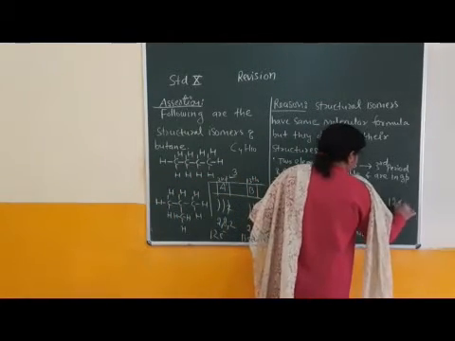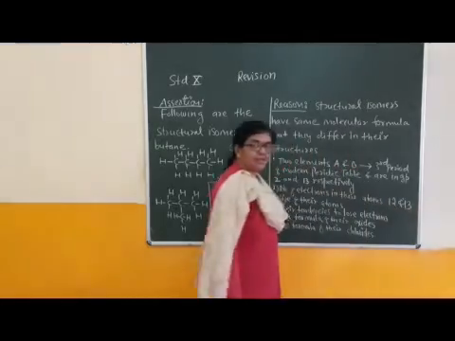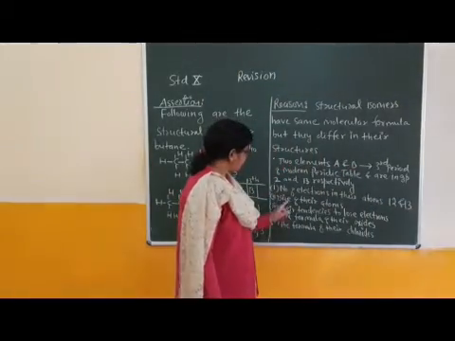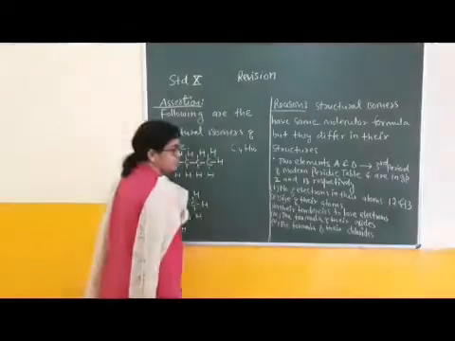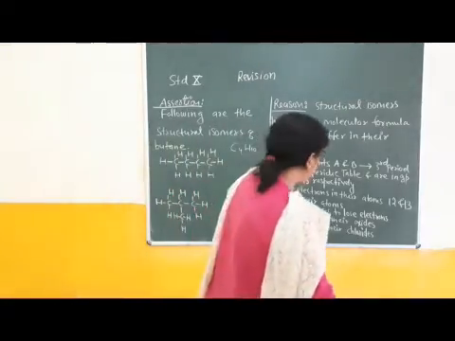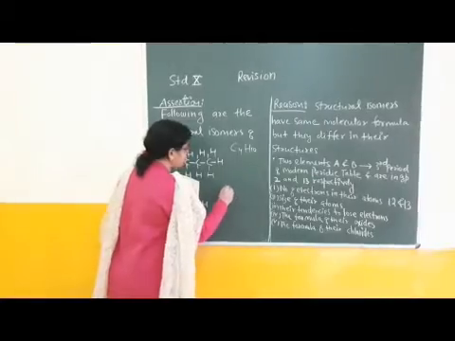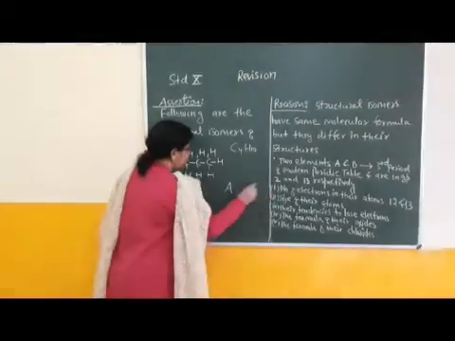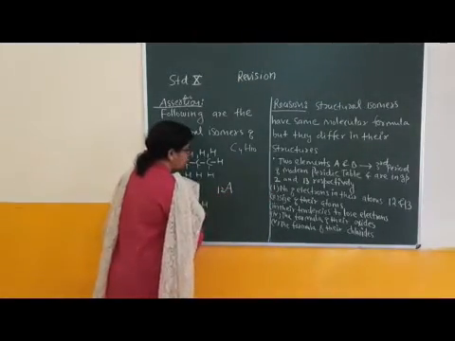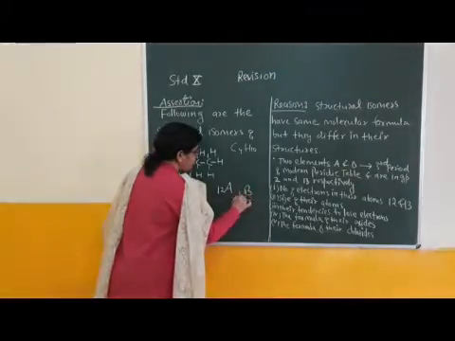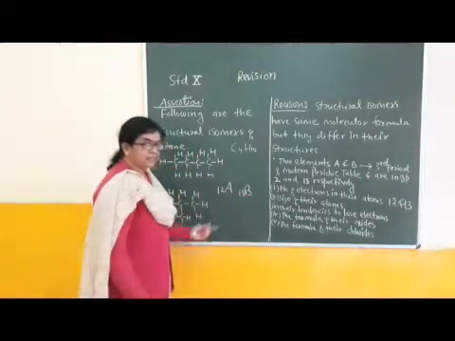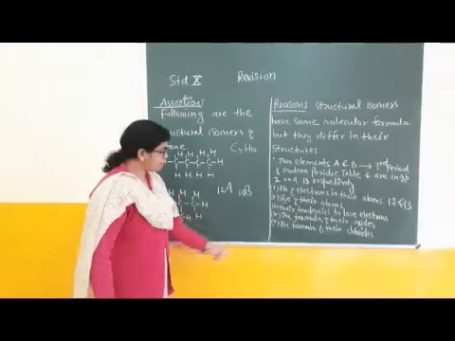12 and 13 electrons. Size of their atoms. Scientific notation you can write like this: A element with atomic number 12, B element with atomic number 13. Right? Size of their atoms.